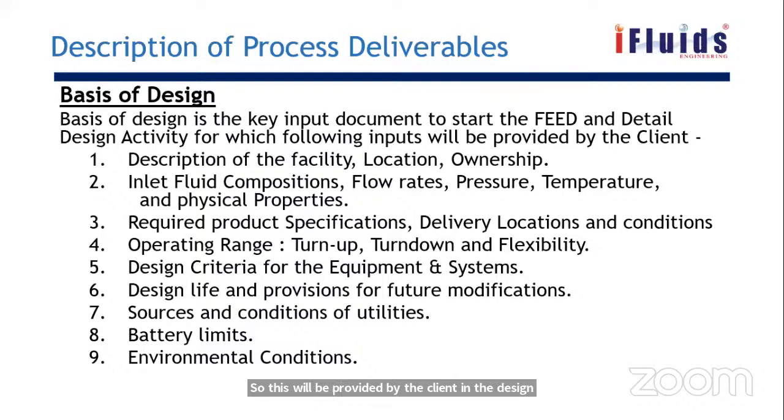And then the turn down: how minimum I can operate the plant, how minimum capacity. Say my operating capacity is 10,000 meter cube per hour, so whether I can operate down to 1,000 meter cube per hour or 5,000 meter cube per hour. So these things will be provided by the client. And then the flexibility. So I will be operating between this flow rate to this flow rate. So these things will be provided, and with all these things, I will be operating within the operating range with the product spec